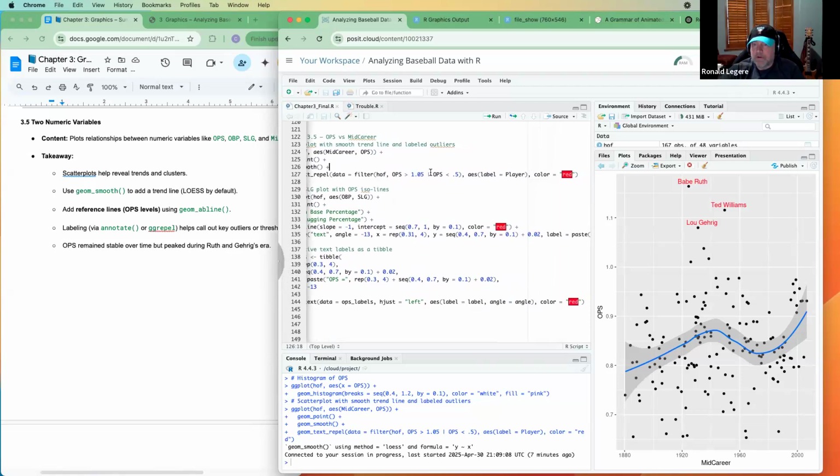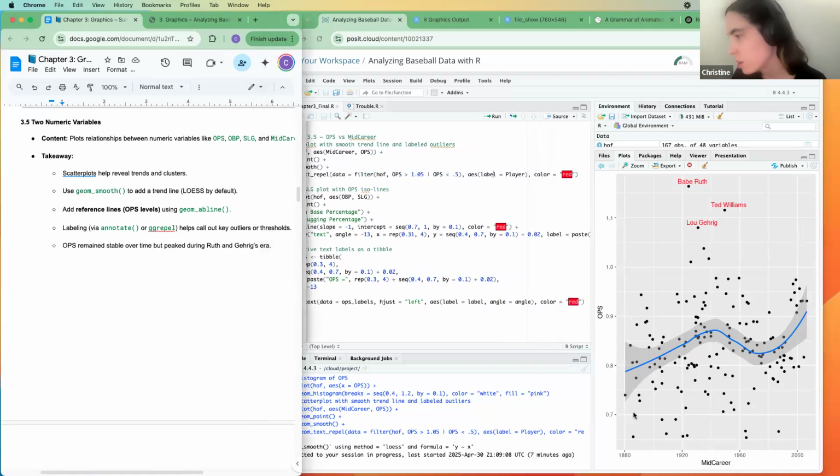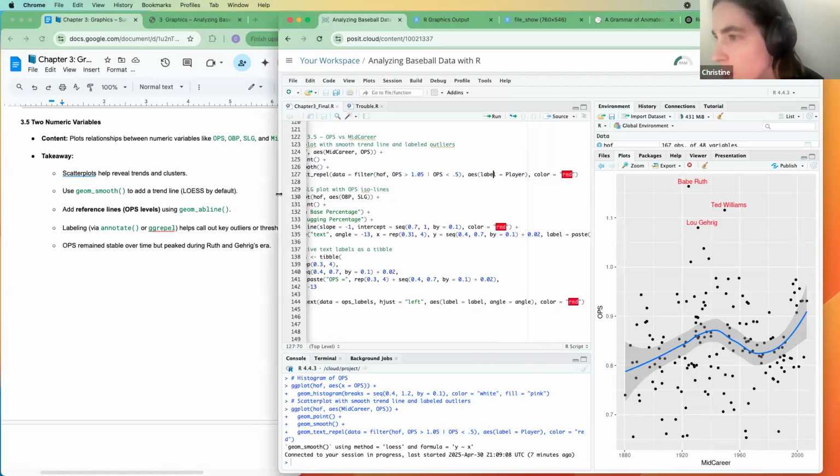Is that what that was for? Good question. Yeah, I guess we were looking at outliers with that. And then we saw Babe Ruth, Ted Williams, and Lou Gehrig. And it looks like, I don't know why it's not labeled below, but